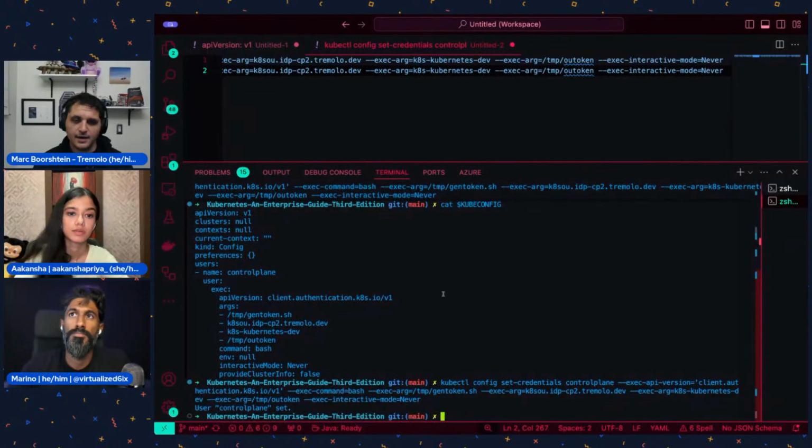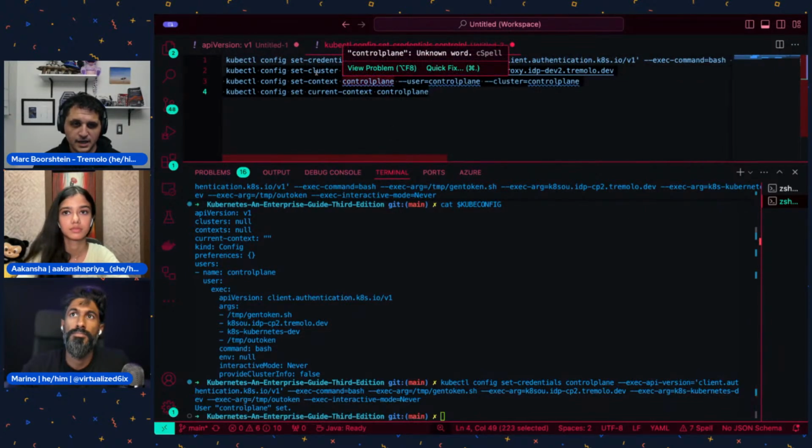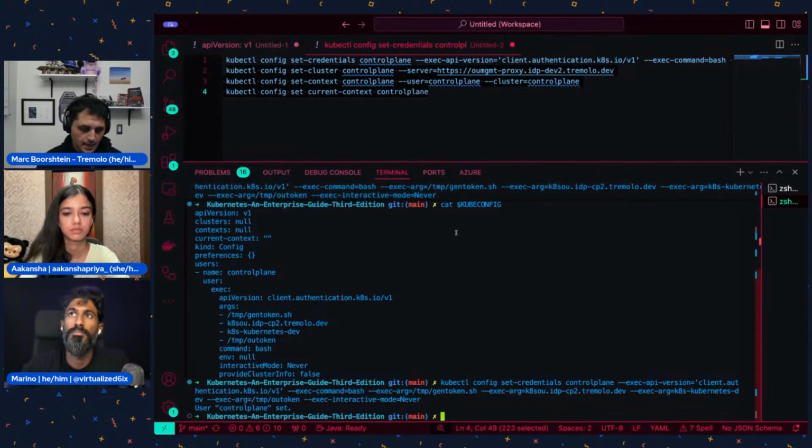So now we have a full config, right? We've set up a cluster. This is our Kubo IDC proxy host. We've set up a context, and we've set the current context. So now if I want to do something,